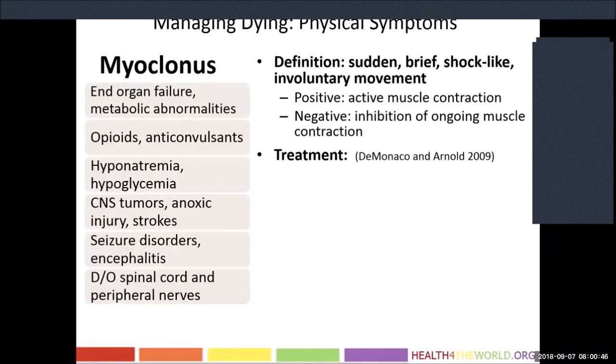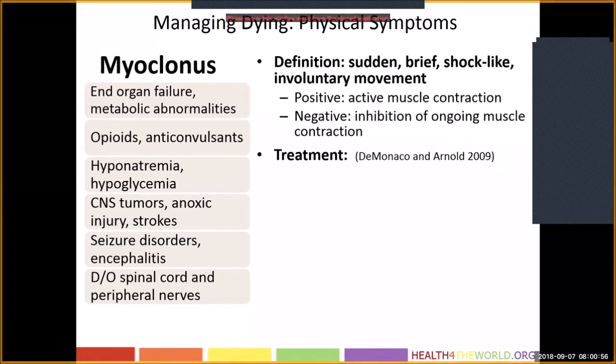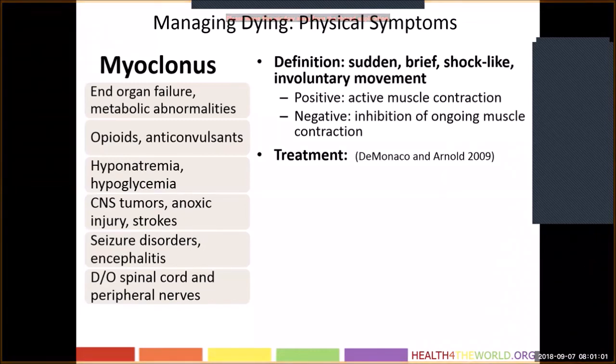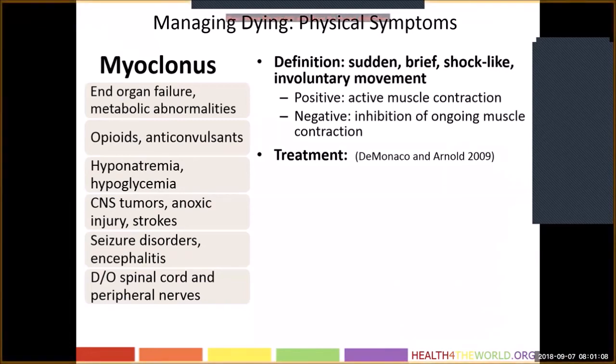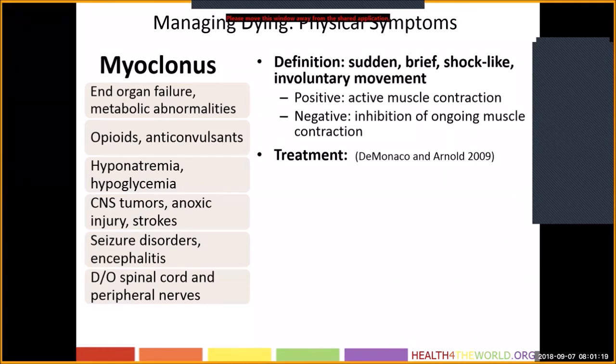So also myoclonus. So this is the jerking. The family comes to you and the patient's moving around in bed and they may be jerking an arm and they're worried that they're having a seizure. Well, they're not actually having a seizure. What they're having is myoclonus. And that can happen if they have end organ failure. So these are your liver failures and your renal failures. They're laying in bed and they're having these jerking motions. When the opioid doses get really high, you might notice myoclonus. But you can also read the list of all the things that could possibly cause it.